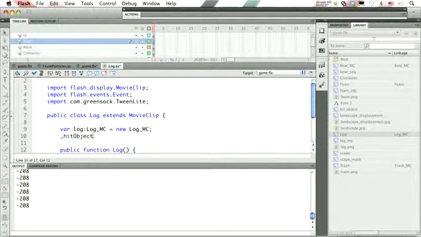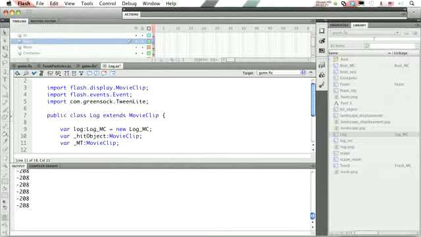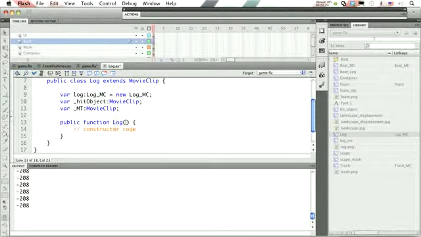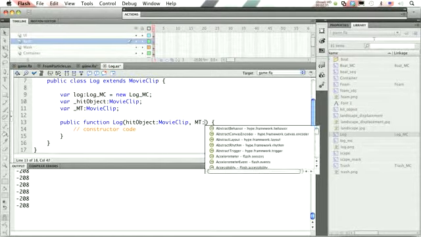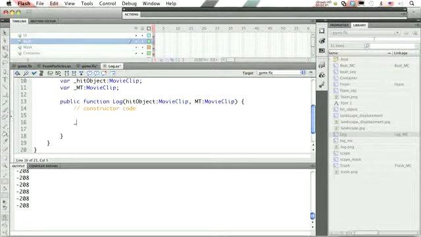So we know when our log has hit our ship. So in order to make that one accessible throughout the document, we'll just define it over here, like so. And var empty, because we'll also be accepting the main timeline, and to make it accessible throughout the document. So this is the public function now, and hitObject and empty for main timeline. And now we'll be equaling those two with the variables that we've created outside. So hitObject equals hitObject,